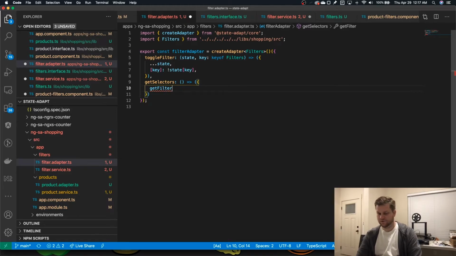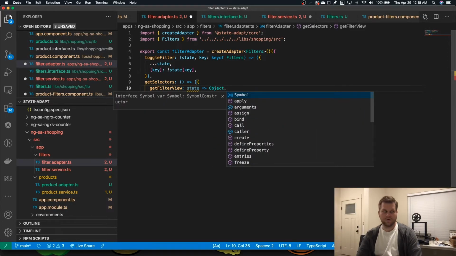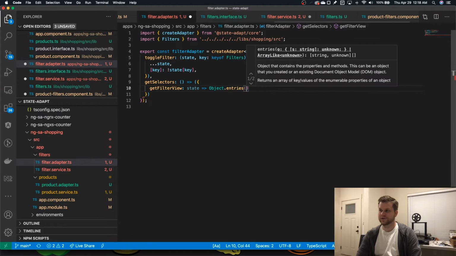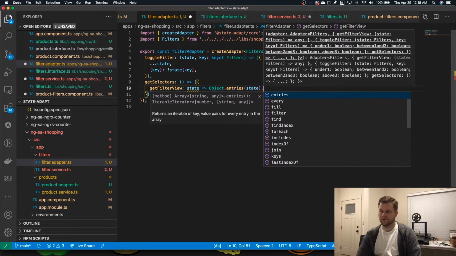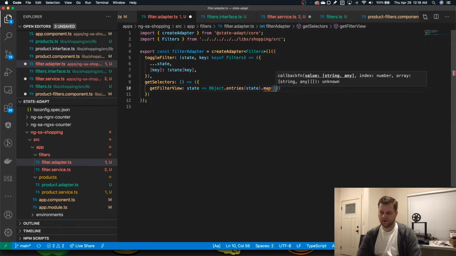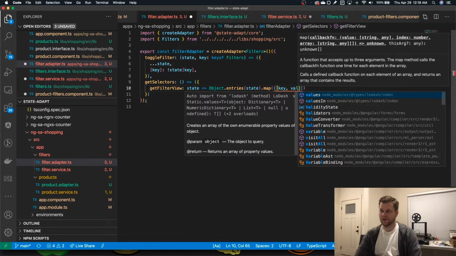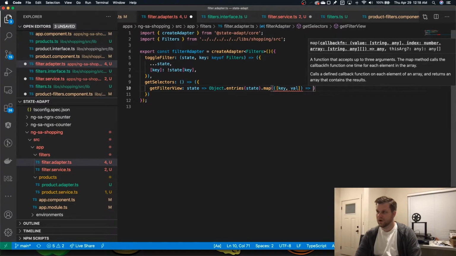Get filter view, sure. Let's just call it that. Object dot entries of state, and we're going to map, and we're going to have a key and a value, and we're going to map it to